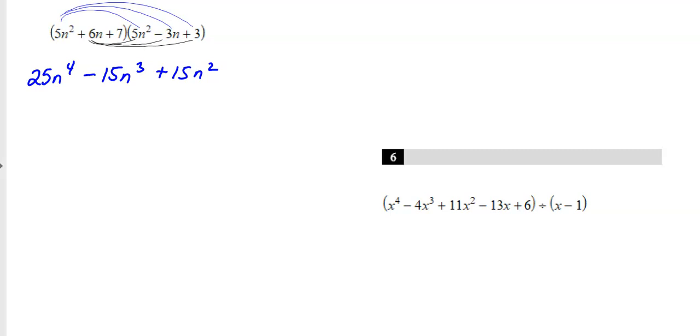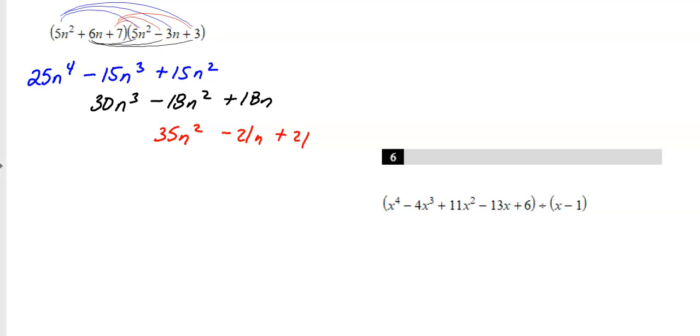So let's do this part. That would be 30n cubed, 30n to the thirds. I like to stack mine up there. Then I have a negative 18n squared, and then I have a positive 18n. And then last row is going to be the 7 times everybody. So 7 times 5n squared, that's 35, not bad, 35n squared. Then we have minus 21n